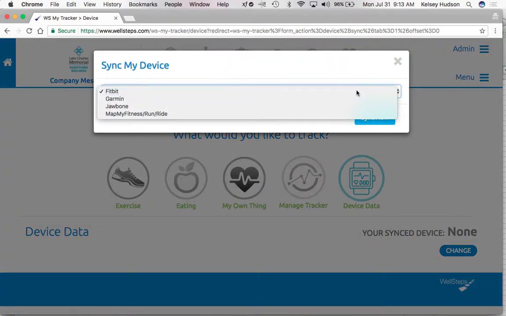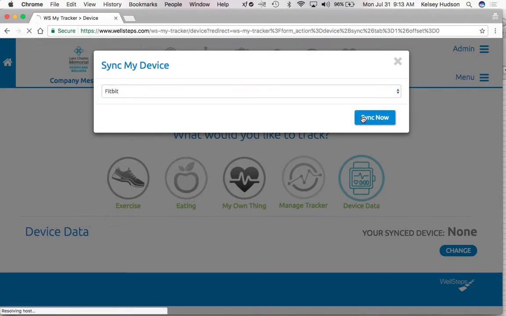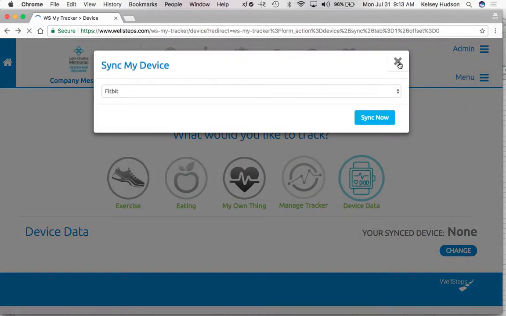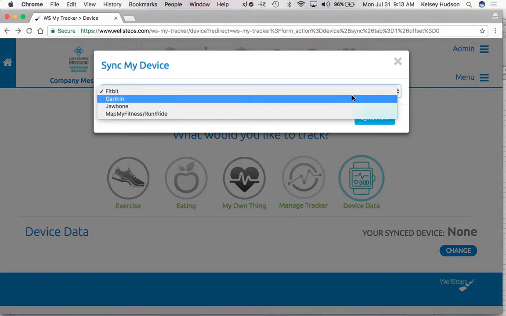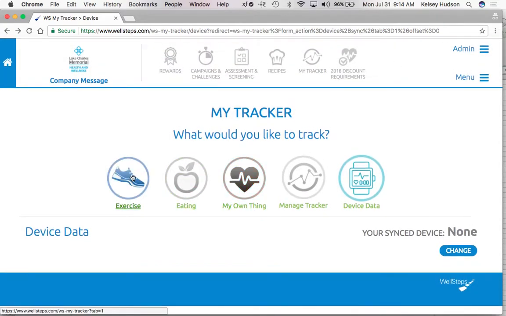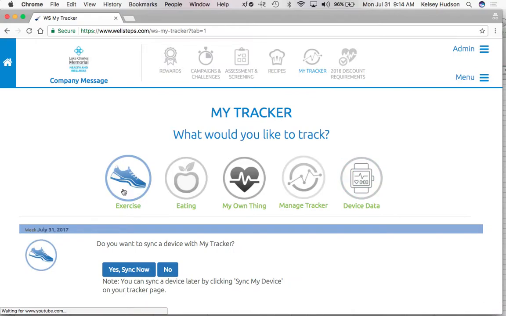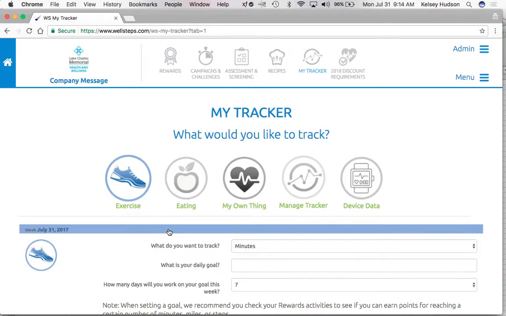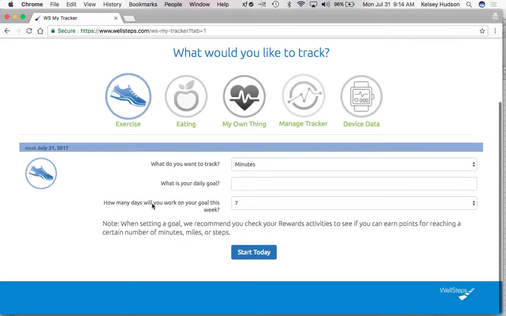Let's say that we're going to sync a Fitbit, and I'll go ahead and click Sync Now, and it will take me directly to the Fitbit site where I will enter my login information and password. And the same process will occur for each of those other devices as well, Garmin, Jawbone, or the Map My Fitness. So we are actually not going to set that up fully right now since I don't want to enter my Fitbit information, but there's another way you can do that, and simply click No and decide what you want